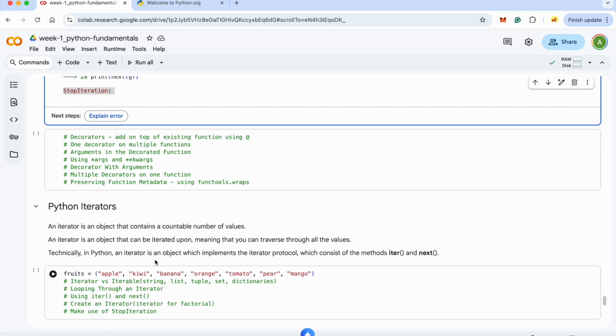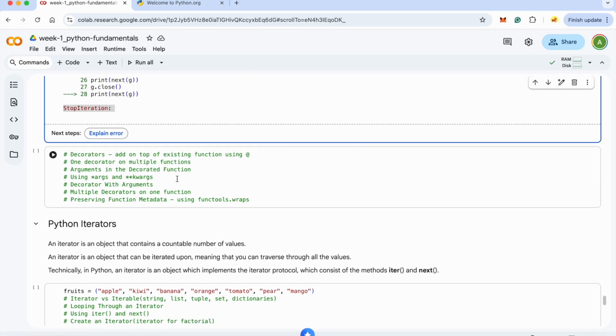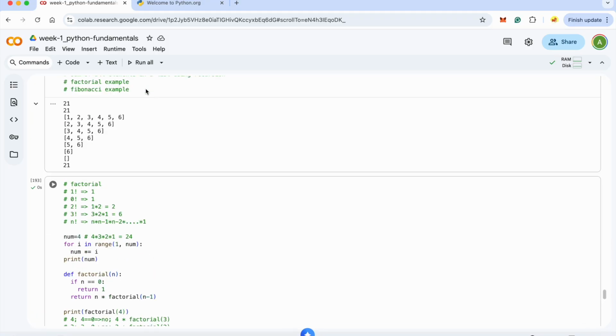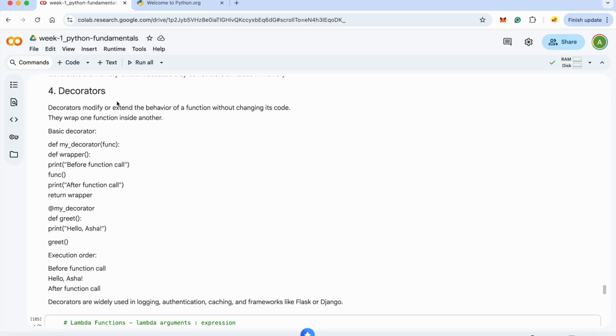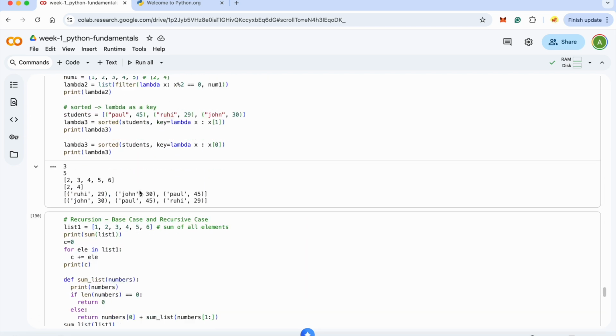Yeah. So the next topic which we have is decorators. Let's quickly go through some text about it. A decorator modifies or extends the behavior of a function without changing its code. Okay, so what is a decorator? A decorator is something that lets you add some extra behavior to a function basically. So for example, let's do something like,